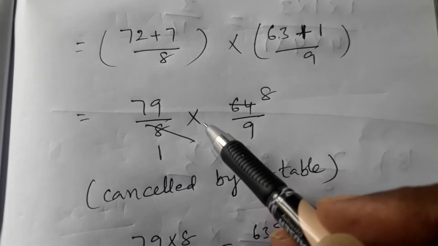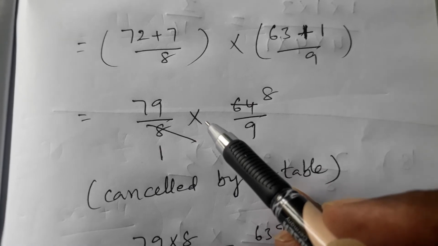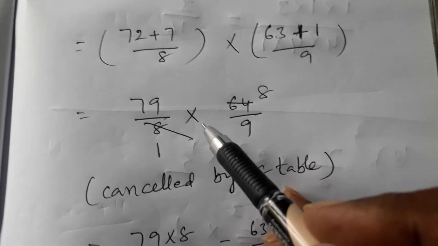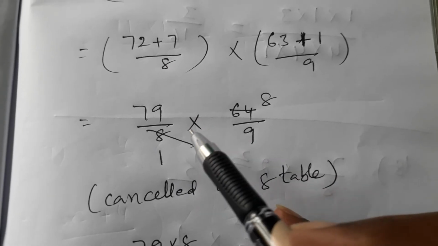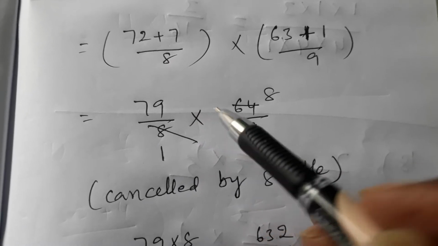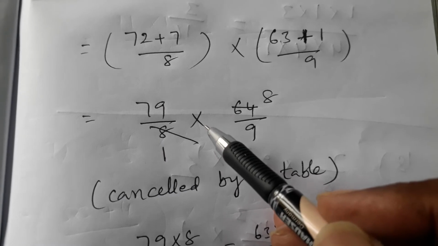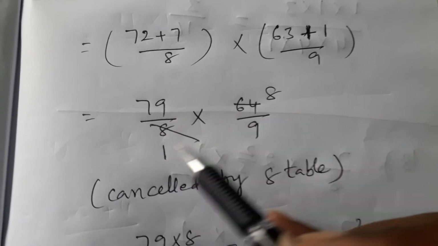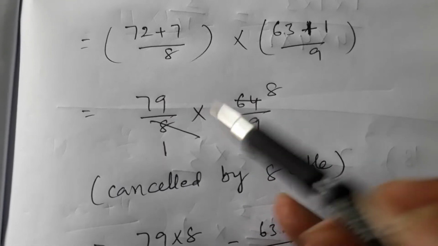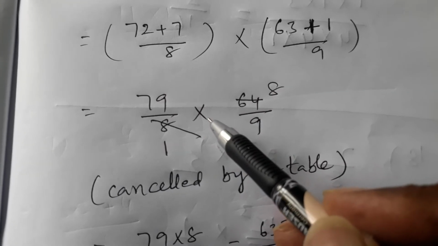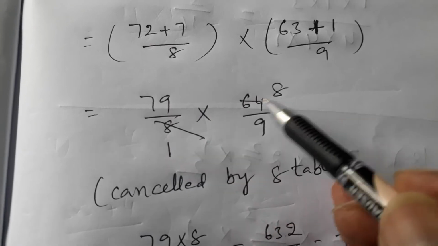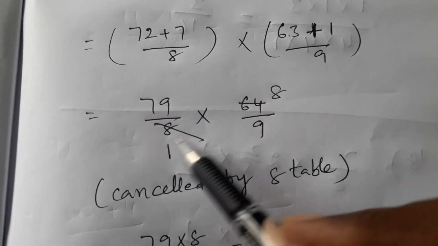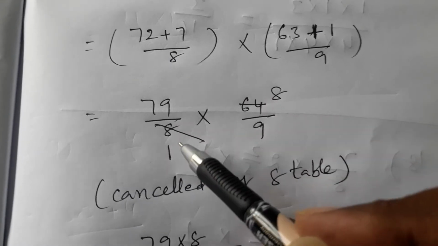That is only for multiplication. When we are doing multiplication only, we can cancel. If it is addition or subtraction, we should not do it. When addition and subtraction are there, they are different terms. When multiplication is there, it belongs to the same term, so in the same term we can cancel. Different terms we cannot cancel. So only where multiplication is there can we cancel, including cross numbers.